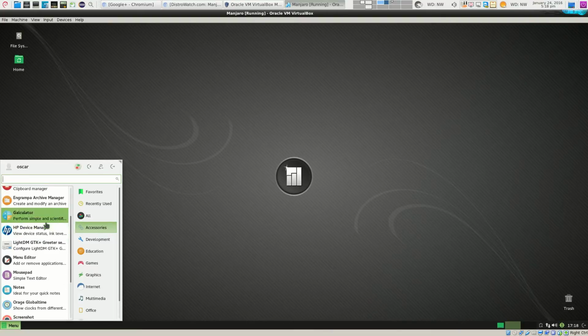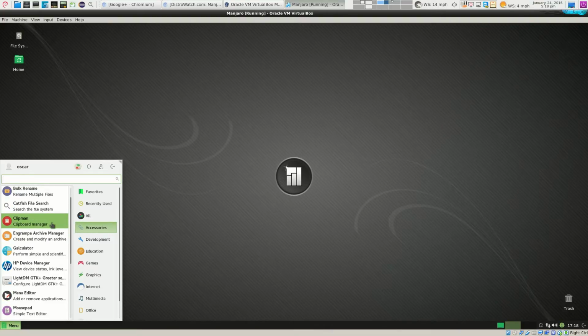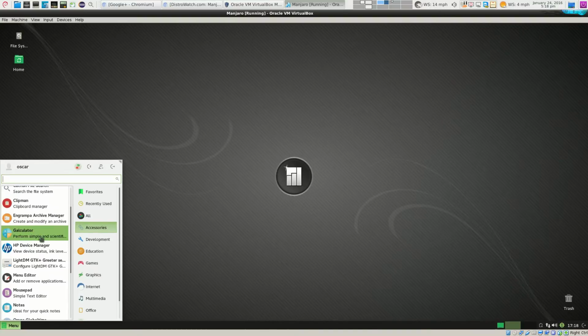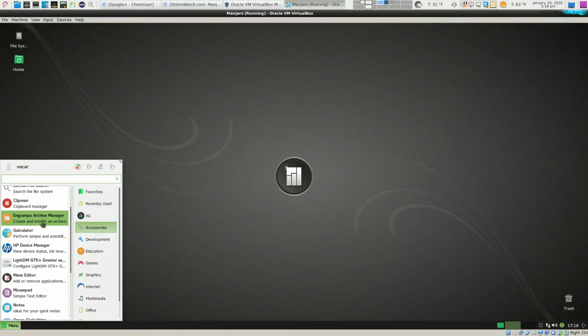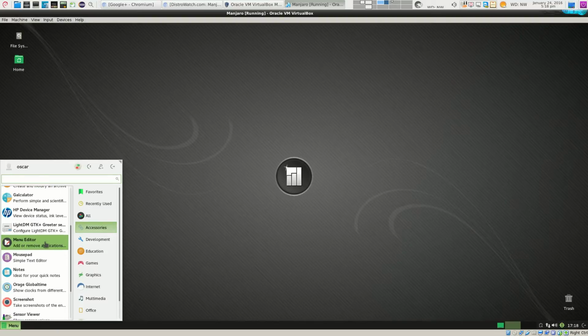If you know you're looking for a certain file, instead of going into folder, directory, boom, you can find it just right there. You've got your Clipman, your Archive Manager, which is like an archiver, which allows you to create and modify an archive. Your calculator.